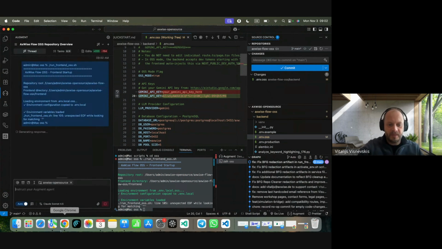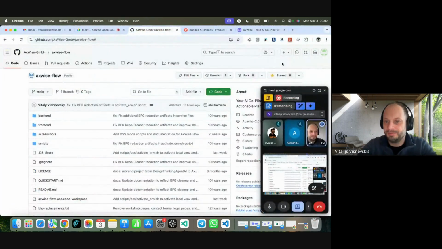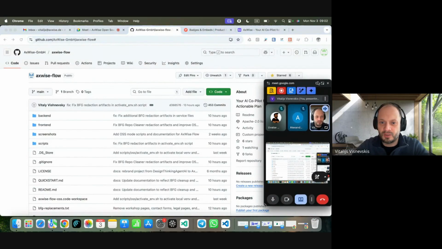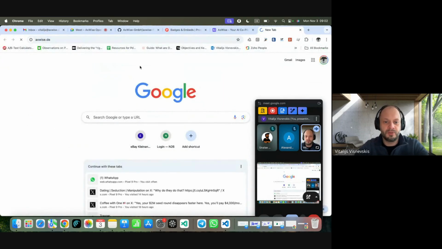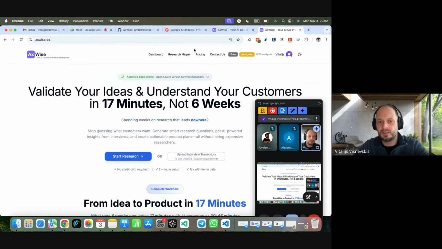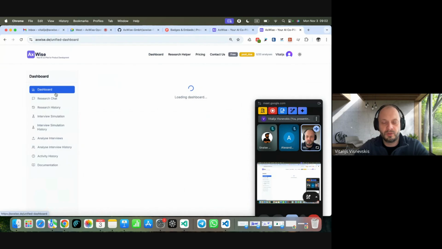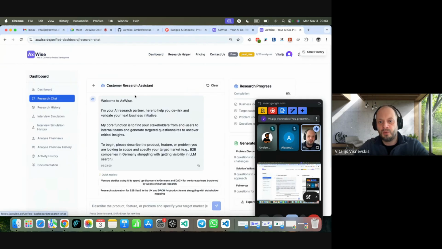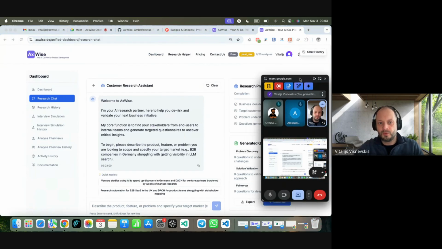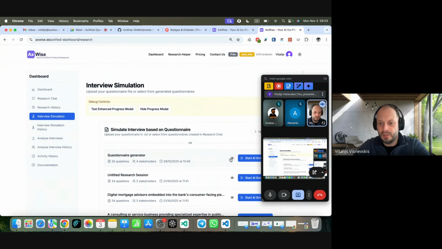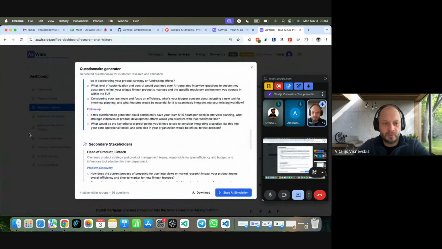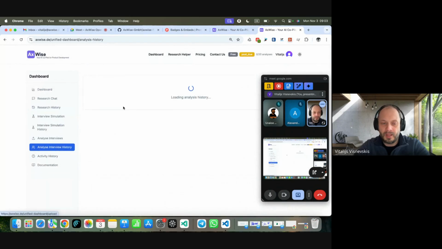So what I'm doing, basically, the open source version is available. Long story short, AxWise is a tool which is also hosted on a website, but it's a little bit dated because I was mostly focusing on the open source version. The tool helps you to create some kind of scoping document to identify your question stakeholders. Then it helps you to run the simulation in order to answer these interviews and then analyze these interviews.